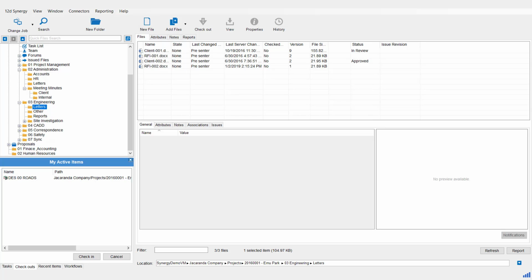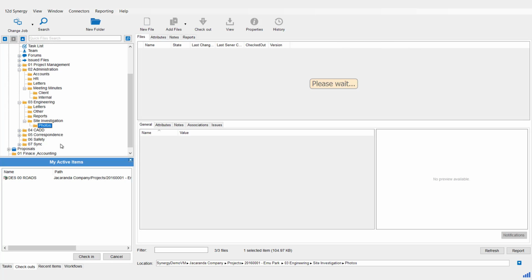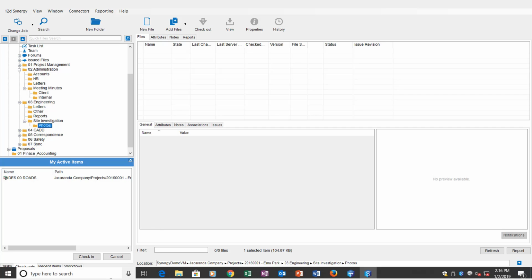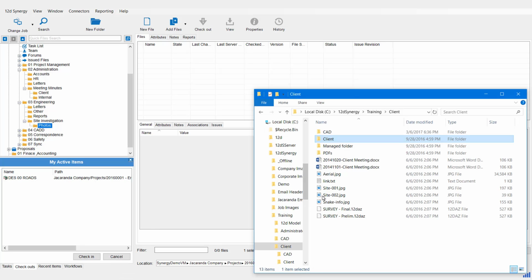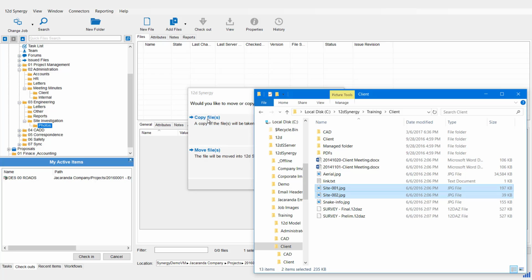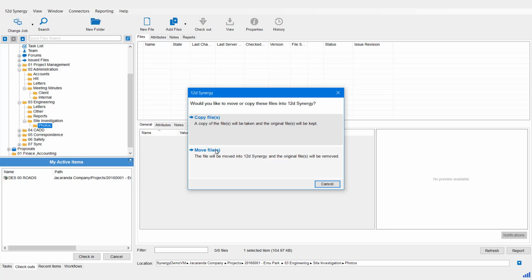In 12D Synergy, we can also enforce naming rules on folders. For example, I have a photo folder here that has a naming rule on it. The naming rules are created by your administrator. So if I have files, in this case a couple of site photos, and I drag and drop them into that folder area. Again, pick which option you want to use,